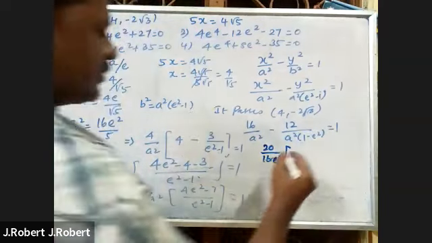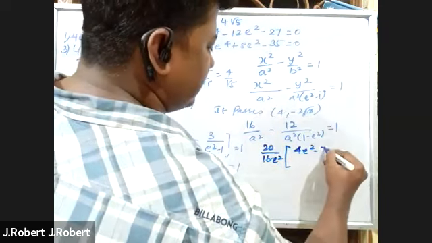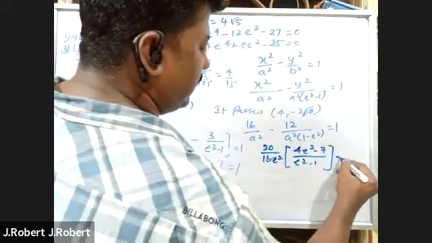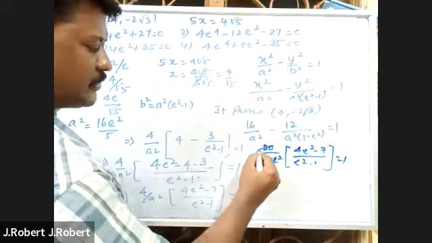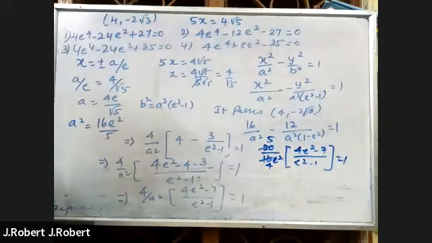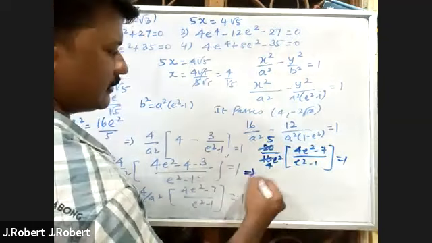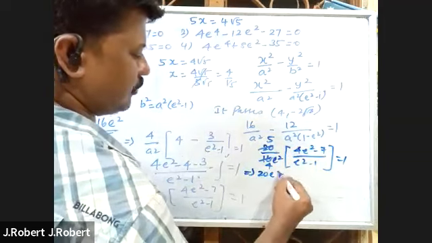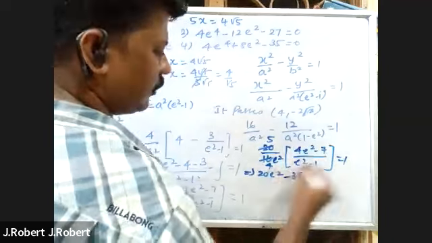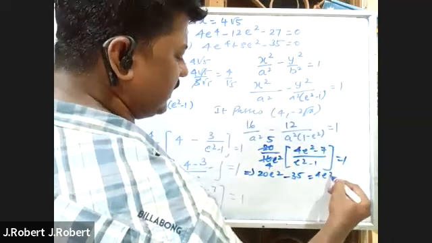And then 4 e square minus 7 divided by e square minus 1 equals 1. Multiplying, we get 5 into 4, 20 e square, and 5 into 7, 35. Cross multiplying, this equals 4 e square